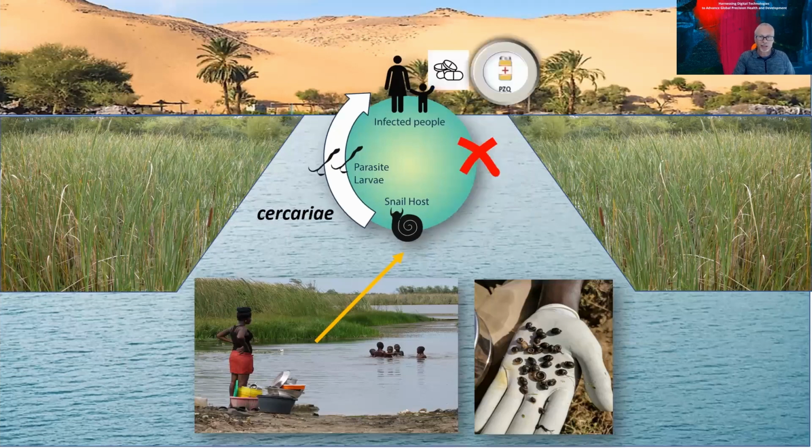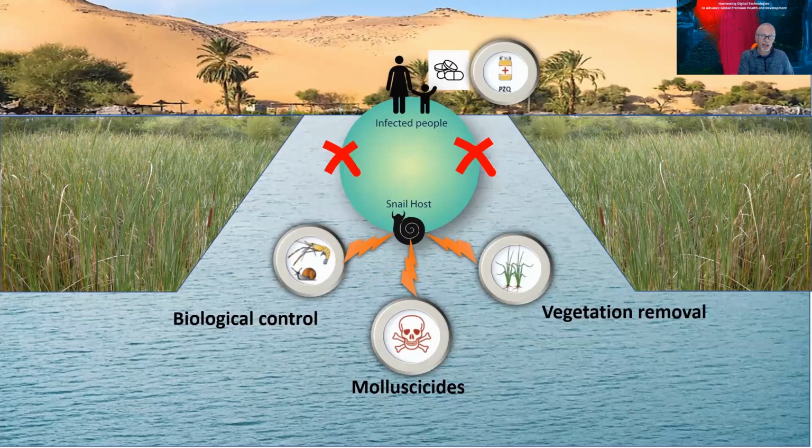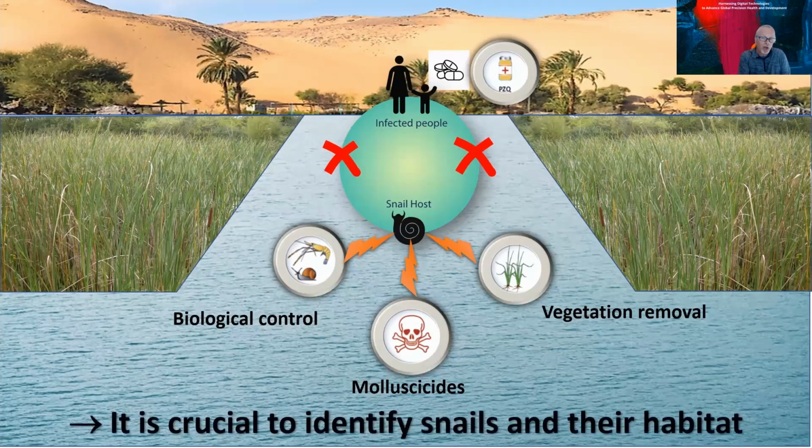Now, there is a drug to treat infected people, praziquantel. It works well, it's cheap, but after removing the parasites from people, it does not do anything to target the environmental reservoir of the disease. So they continue to shed infectious stages for weeks after drug treatment. And like on a treadmill, this leads to an endless cycle of treatment and reinfection. To interrupt this cycle, the World Health Organization has recognized that schistosomiasis can be controlled only by complementing medical treatment with environmental intervention. And because we always operate in conditions of limited resources, it is crucial to identify and target snail habitat to fight schistosomiasis.